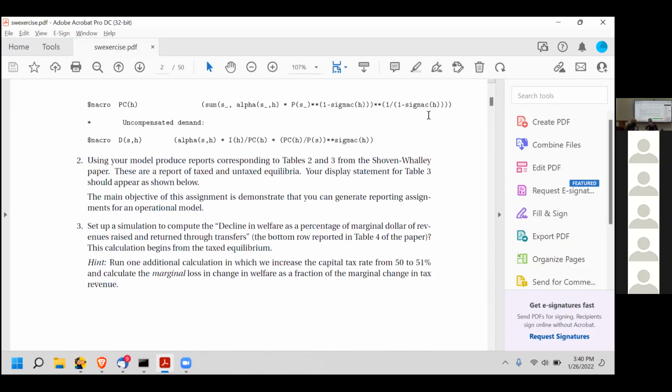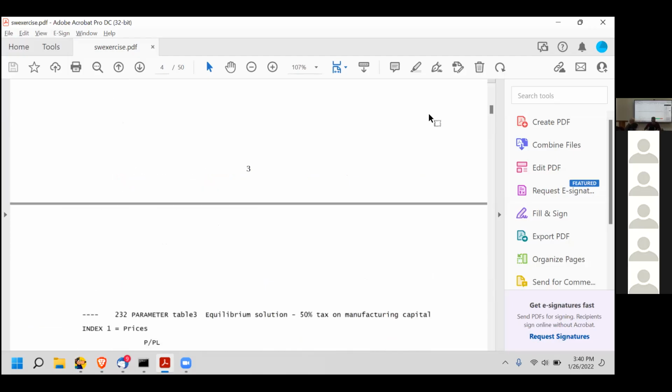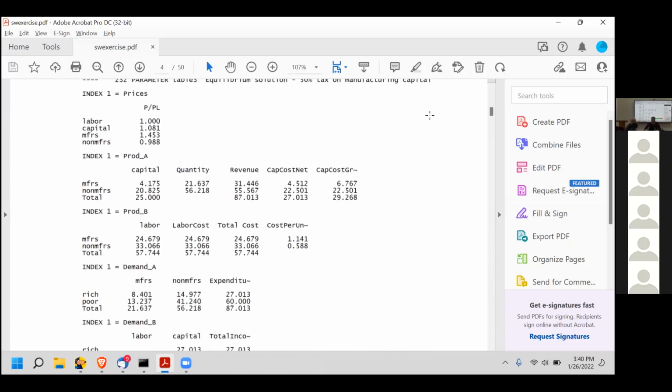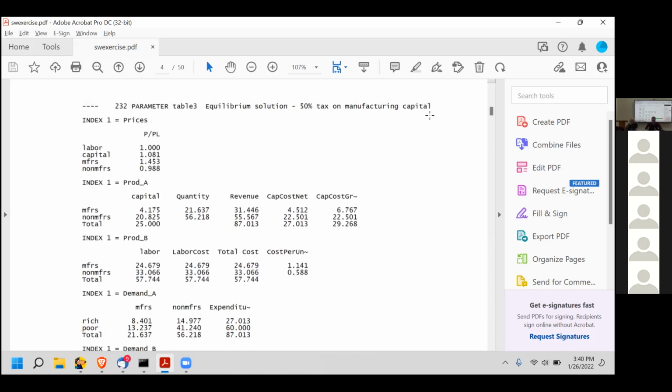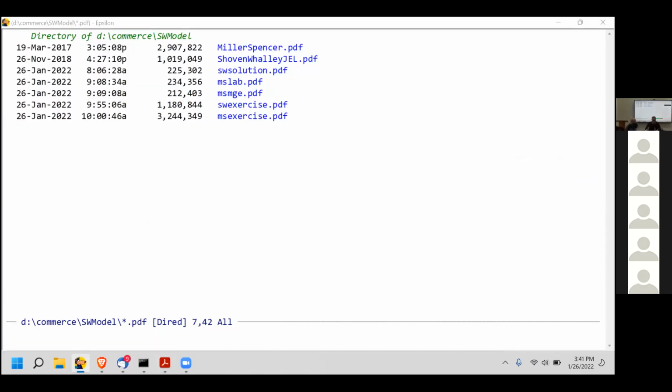Using your model, produce the reports corresponding to table 2 and table 3 from the Shoven-Whalley paper. Use your report of taxed and untaxed equilibria. Your display statement for table 3 should appear as shown below. So let's look at what we're trying to do. Here we have table 3. We can see table 3 has one index on the row and one index on the column, so we know it's got 3 dimensions. So if I go back to swsolve,